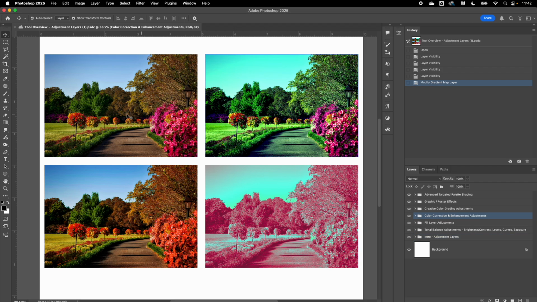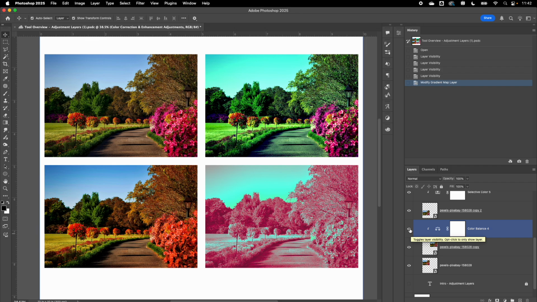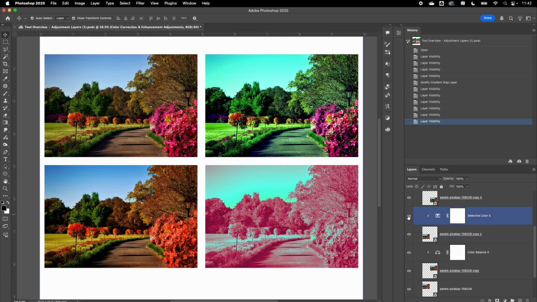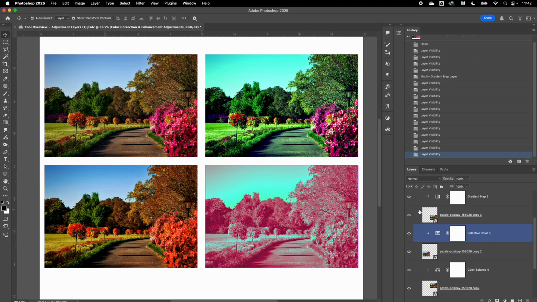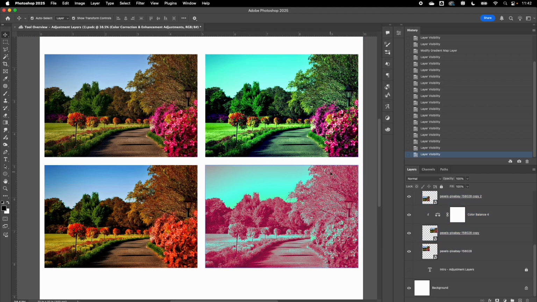Here in the upper left is the unaltered photo, and I just have a couple examples that I'm toggling on and off here. This is a color balance adjustment layer, this is a selective color adjustment layer down in the lower left, and we have a gradient map here. You can see in the upper right one I've used that color balance adjustment, slid some sliders around essentially, and was able to take this and change the